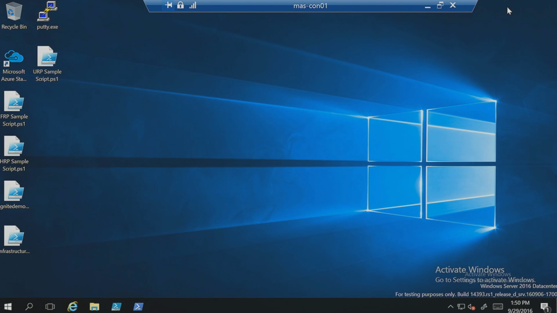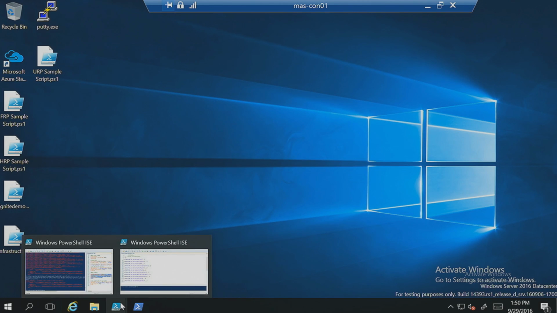So we have partnered with our partner Cloudbase to create a Nagios plugin using Python to retrieve alerts from the Azure Stack API. That plugin is available today for download, and you can start using it for your Technical Preview 2 deployment. So let's take a look at that.